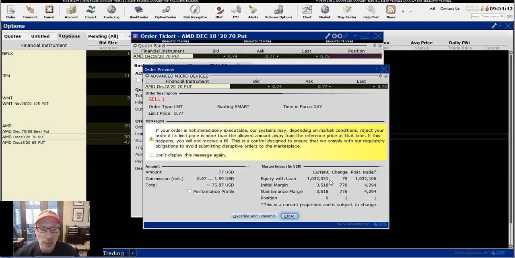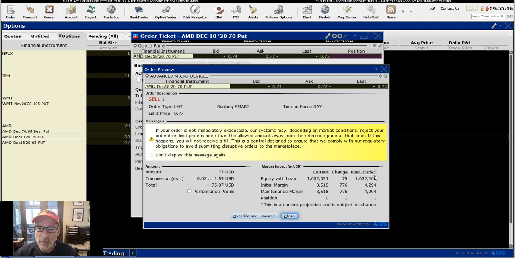Remember, I told you on the prior screen, the margin requirement is somewhere between 10% and 20%. In this case, it's about 11%, $776. And in this case, I have another position in the account that I'm going to show you. So my current margin requirement is $3,500. Add the new 776. Now, if I make this new trade along with the other trade I already have in my account, now my margin requirement is